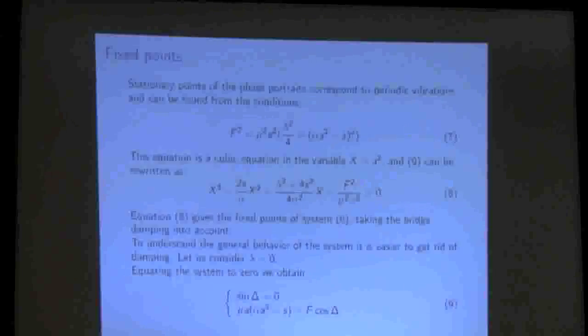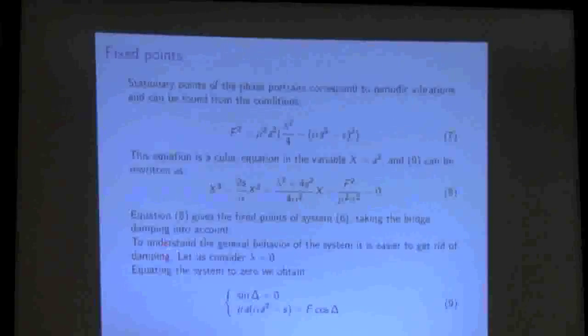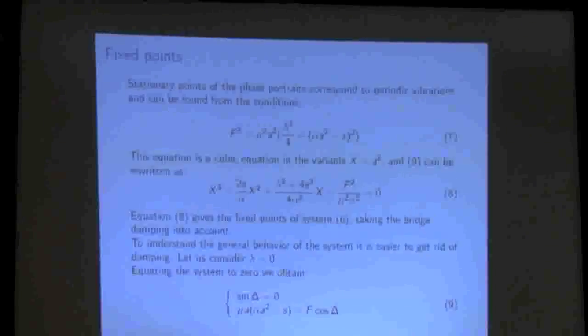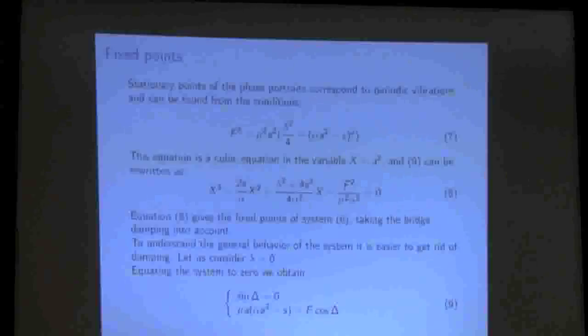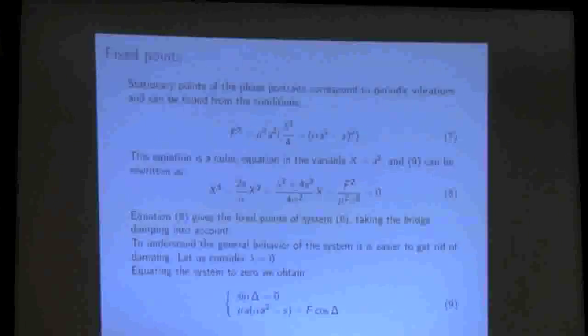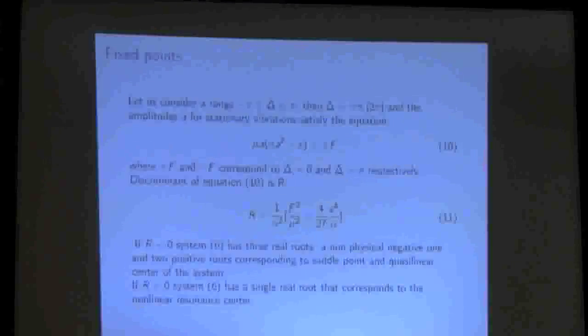So analytically it could be studied, and we could also study versus parameters what happens, and it is easy to consider the conservative case, suppressing the damping, so lambda equals 0 in the equation. The summary of what we are looking for is given by these equations 9, which we solve in capital Delta and A. Okay,